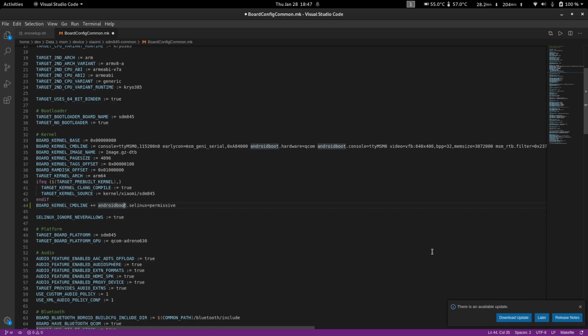Since then I was always interested in custom ROMs, and so I got in contact with a developer that made ROMs for my device. Back then I did not have good enough hardware to build ROMs, so I would just go on to GitHub and see these trees and stuff, and I asked him some basic questions.